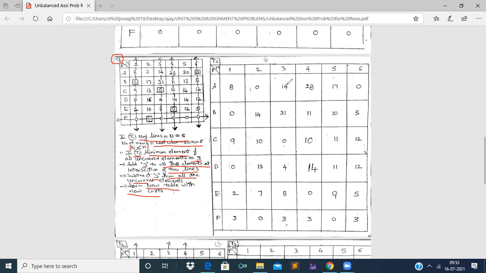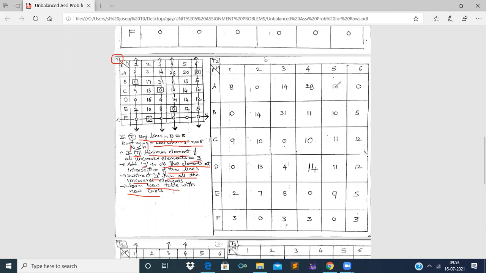Right, next 14, 31, 0, 4, 8, 3. Why? Because at this 0 we find two intersecting lines, that is we get 3 here. And in the second column also the intersection of two lines is there at the 0 which is present in the F row. Therefore, we get 3 here, and the rest of the elements are written as they are, 28, 11, 10,